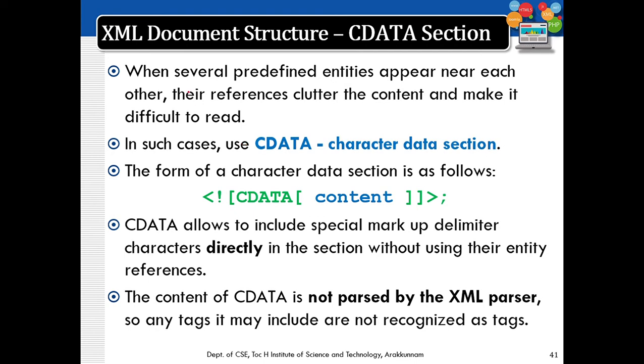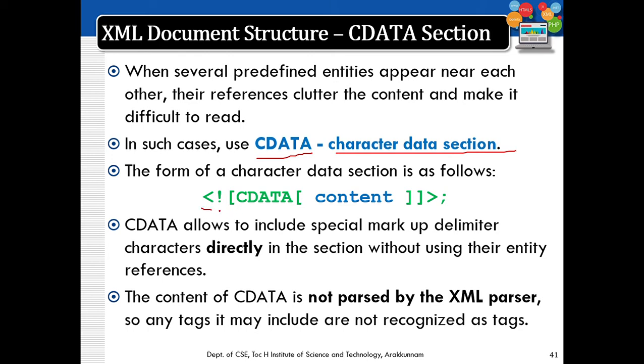The issue is that when we have n number of entities, writing all those entities together will affect the readability of the XML file. To avoid that situation, we can use something called CDATA, which is the character data section. The character data section format is as shown here.